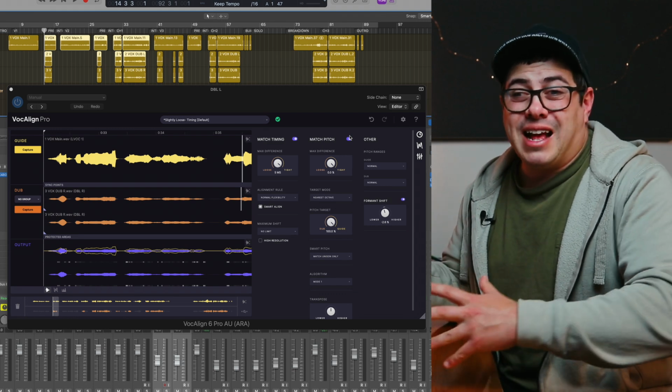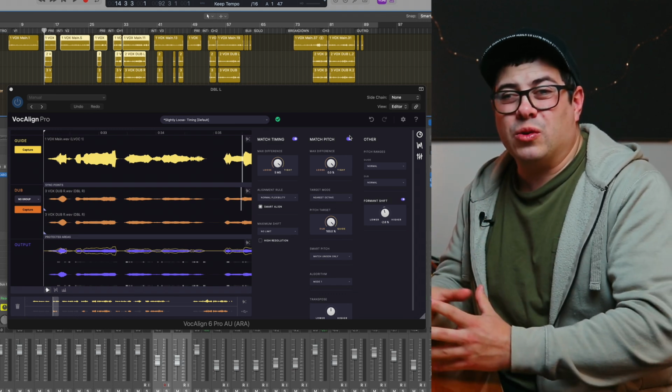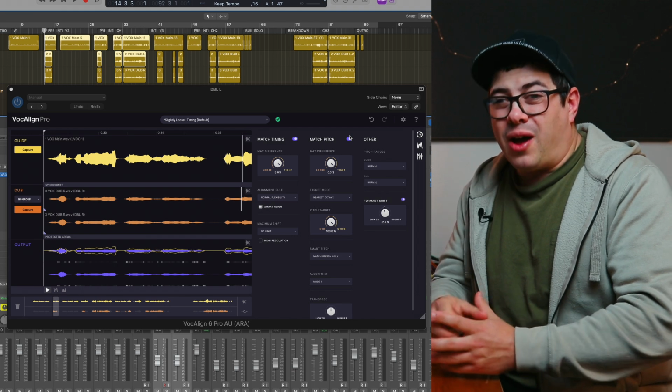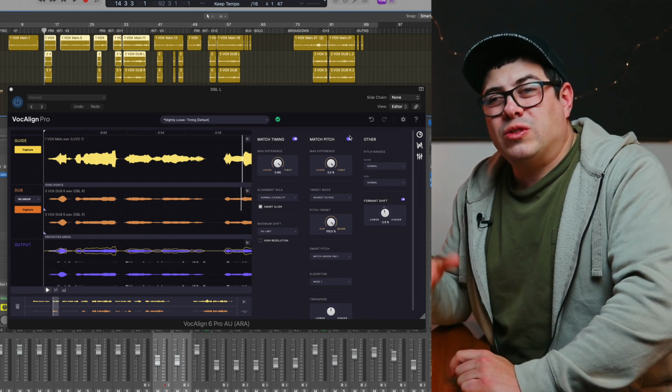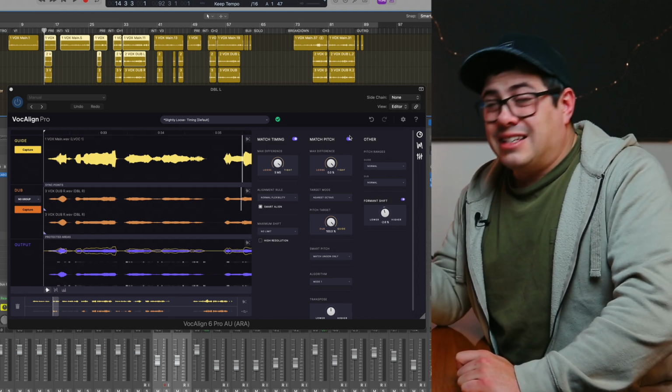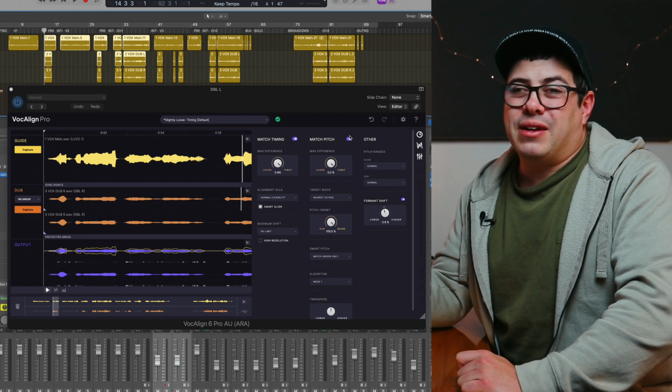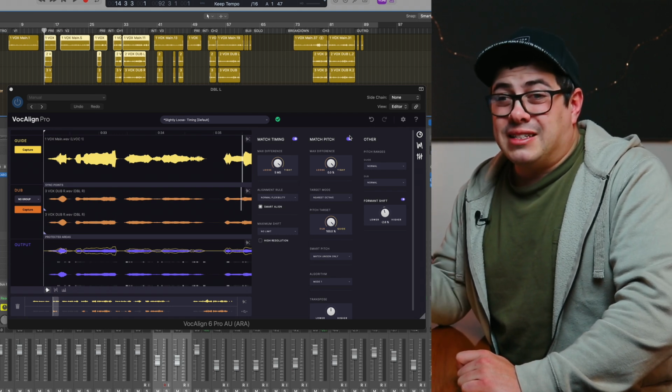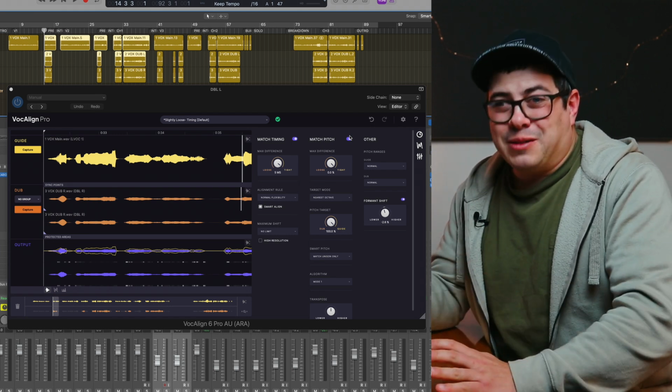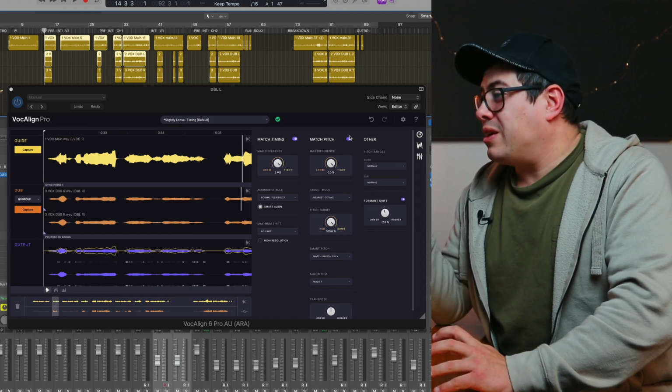So any production that has like heaps of vocals, stacks of vocals, and you need to make it sound tight because that stuff can get really loose and messy very quickly, this is an absolute time saver. So this plugin has saved me hours and hours and hours of editing time, and that's what is really valuable